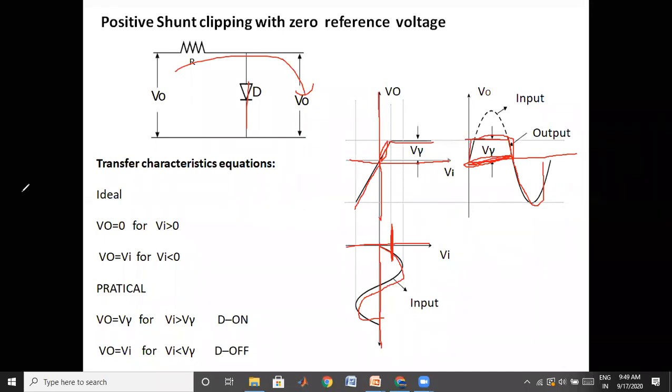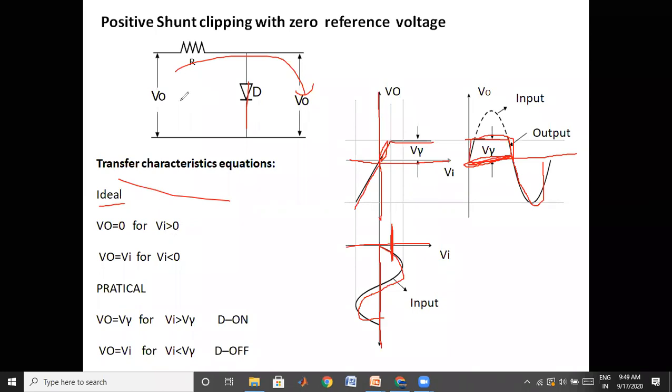Therefore, in the transfer characteristics I have drawn both the ideal and practical cases. For the next topic also, I will explain only the practical case. This is the first case, that's why I have written both for the ideal and practical cases. If it is an ideal diode, there won't be any cut-in. When the input is greater than 0,